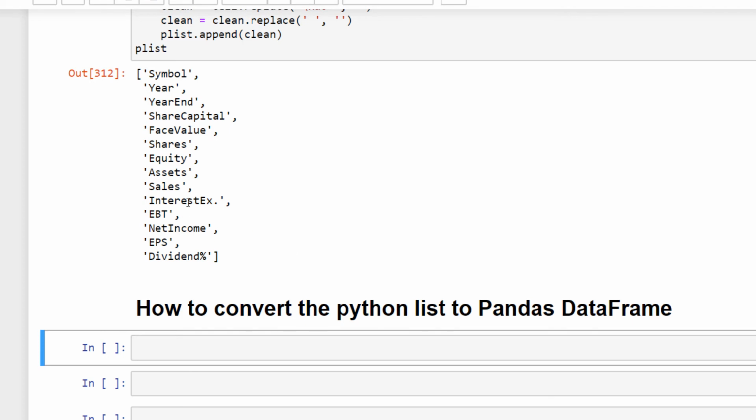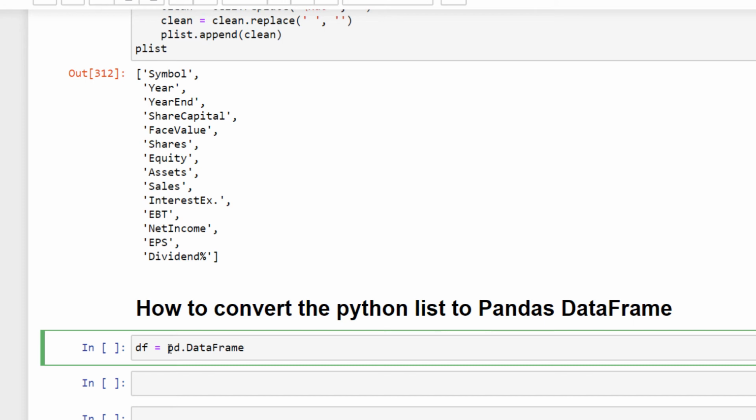Now what can we do with the Python list? For more organized data, we can convert it to a pandas data frame, and it can be easily converted. Let's create a data frame with the name df. It will be equal to pd, and we'll apply the DataFrame method. Remember, the D and F should be capitalized, otherwise you'll get an error.